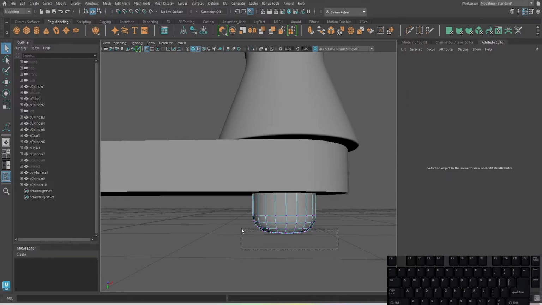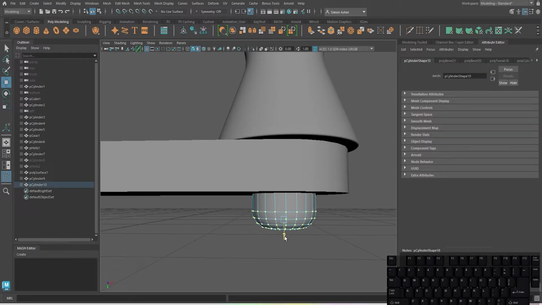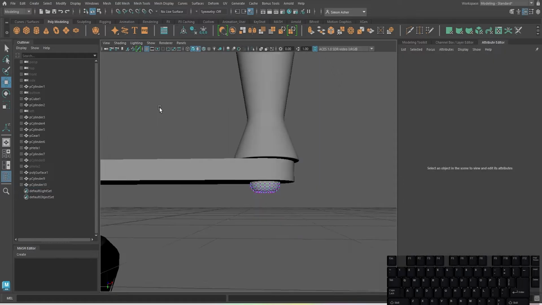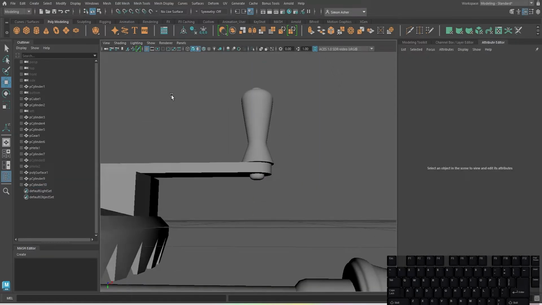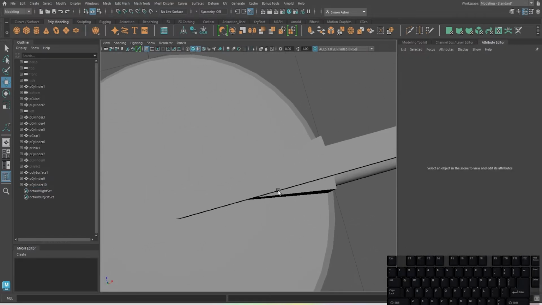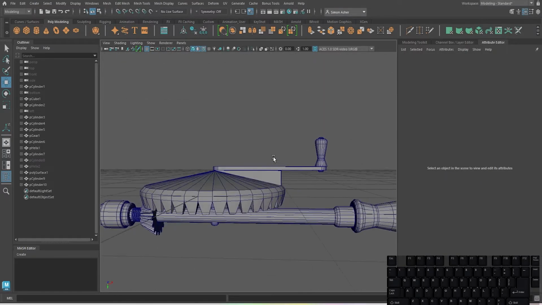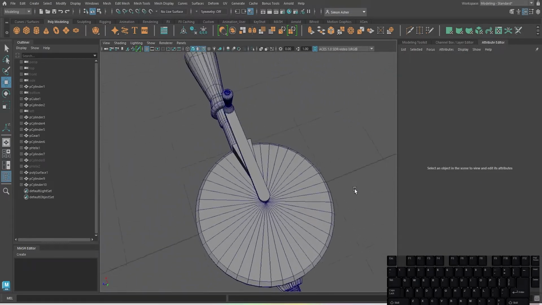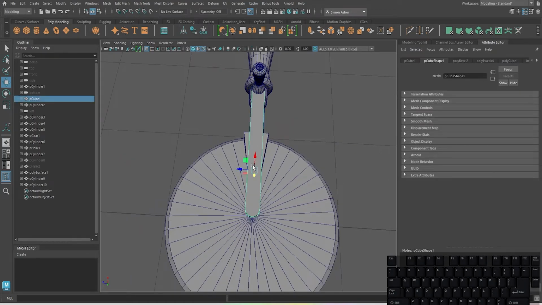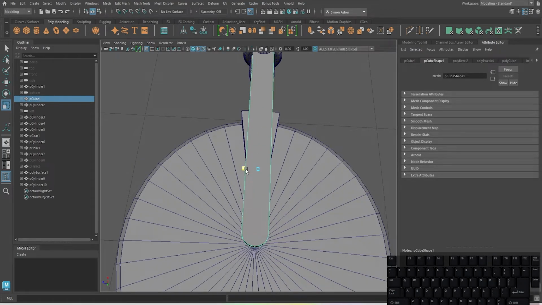I don't want it to stick out quite as much. Something like that. Then the last little bit is we need a couple of screws to go in here. You could, if you wanted to, make that a little bit fatter,